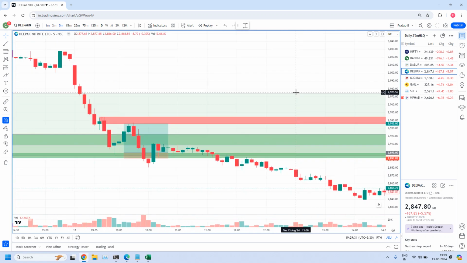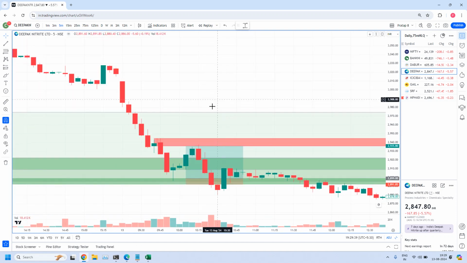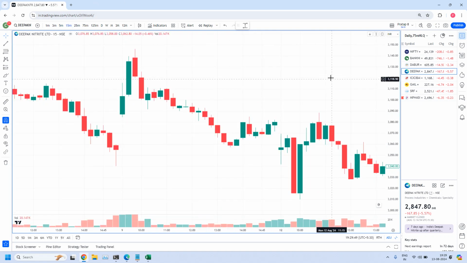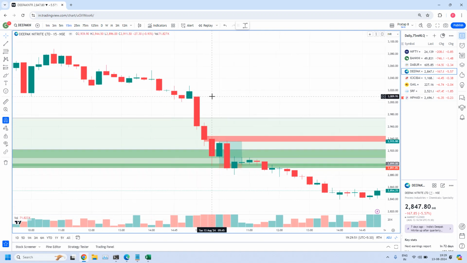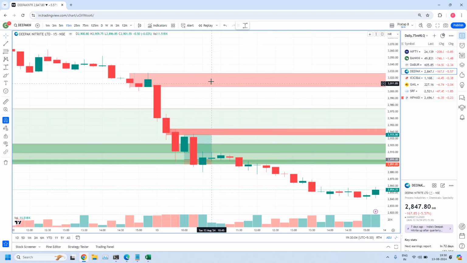Today what happened? Check here. Morning 9:55 candle, we got an entry. What about the target? Really challenging. Generally we look for a 15 minutes target, right? So look into the 15 minutes target. Here you have the 15 minutes target. And reaching this 15 minutes target is not practical this much.